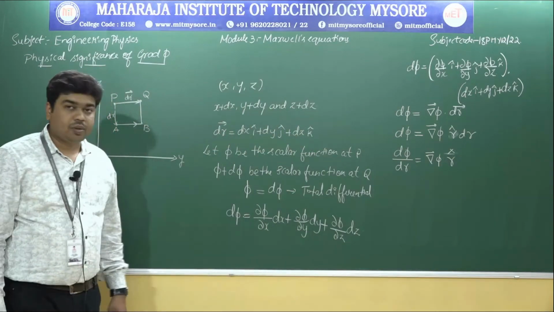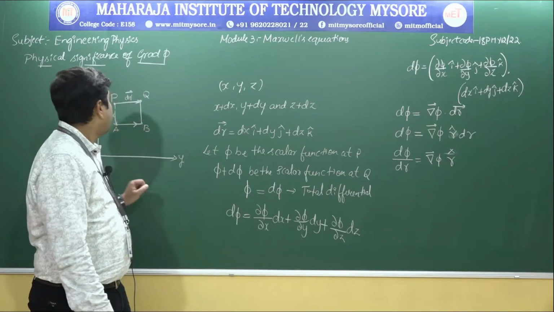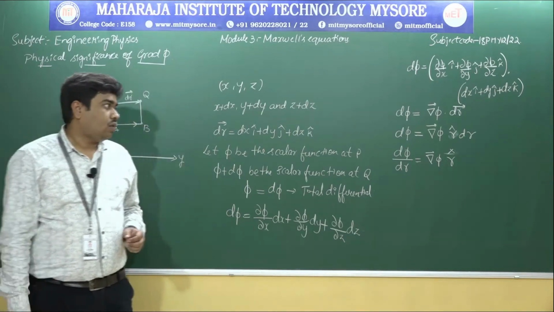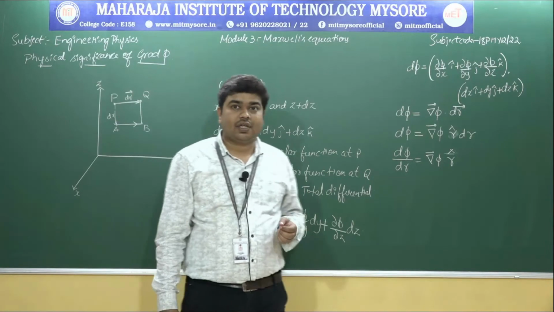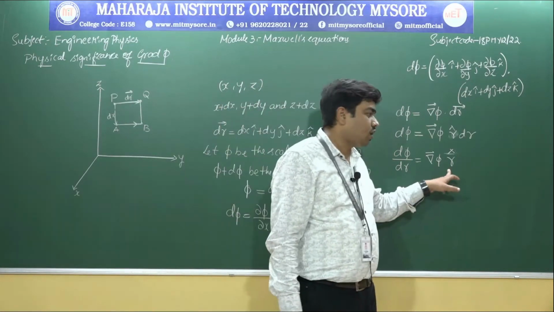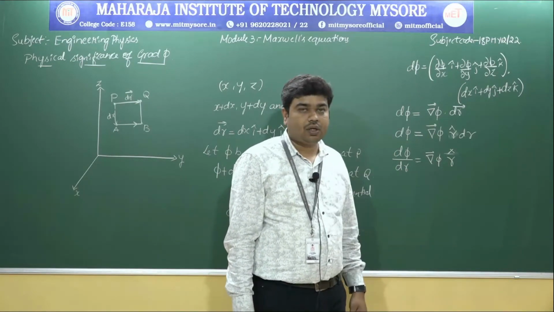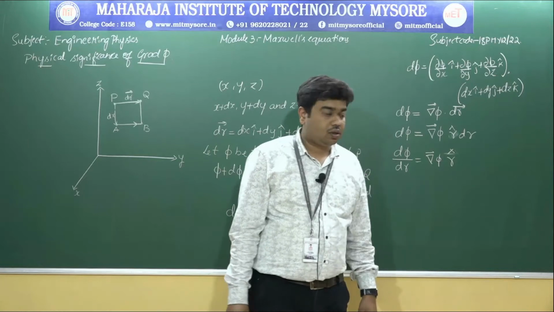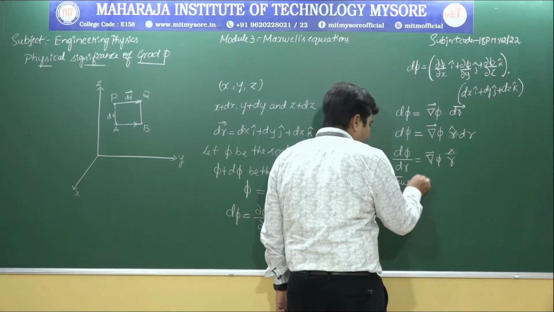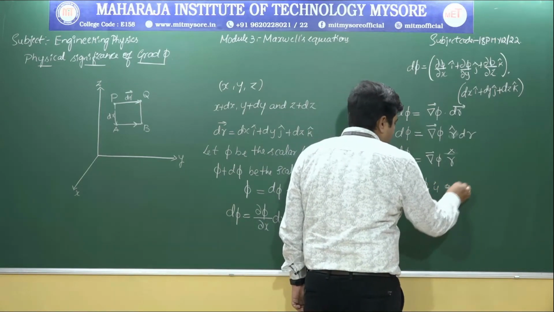Now, what does this equation say about the physical significance of the gradient of a scalar function? As we clearly say, the gradient of a scalar function is a vector. So, how come this has become a vector? Because we have a unit vector r cap along the displacement of the given scalar function. So, we can write this equation, thus we can write